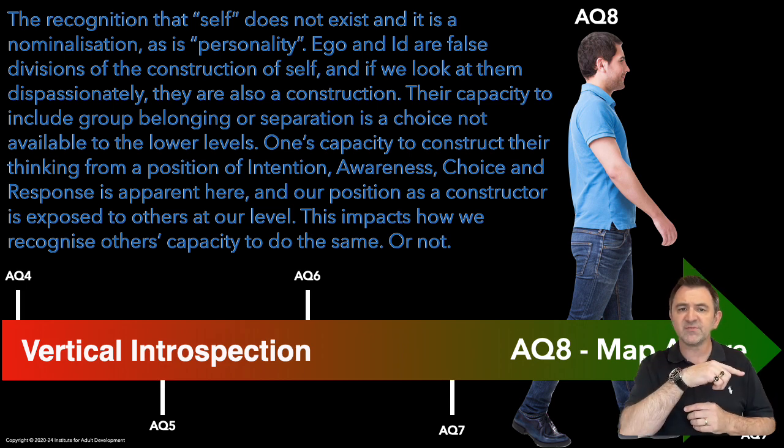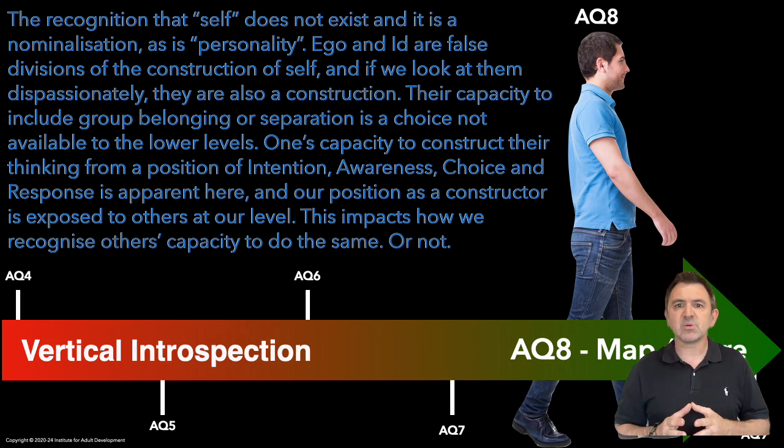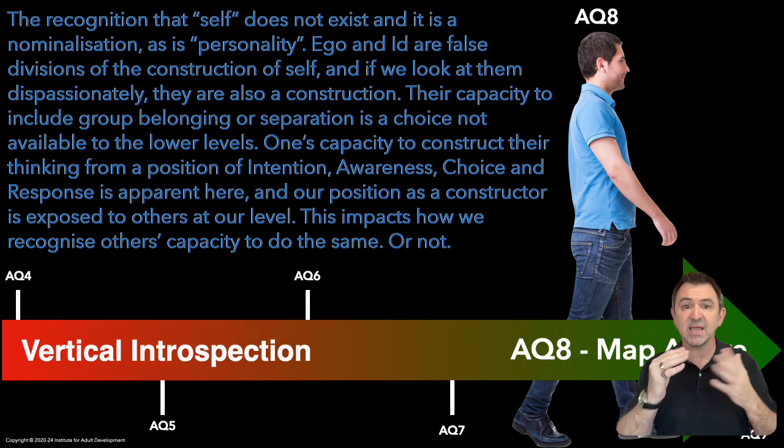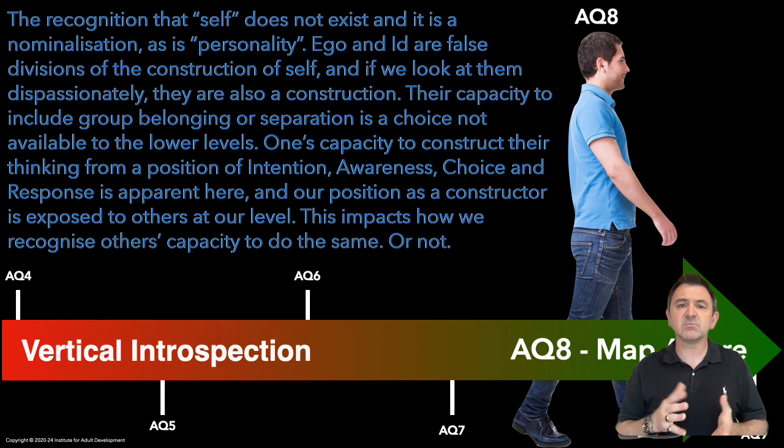So recall from our previous videos that someone's construction of you is always going to be wrong. However, this can sometimes cause issues with colleagues who do not have the same level of understanding and cannot see the patterns that the AQ8 individual can see. And they may also be in a position of power in organisations due to their complex thinking and decision-making abilities.